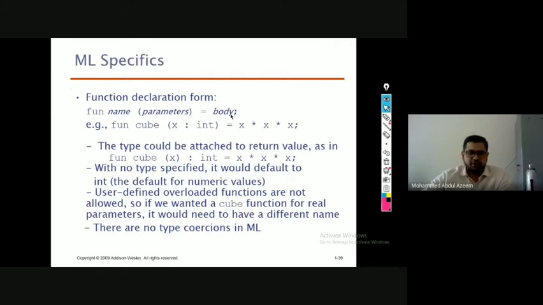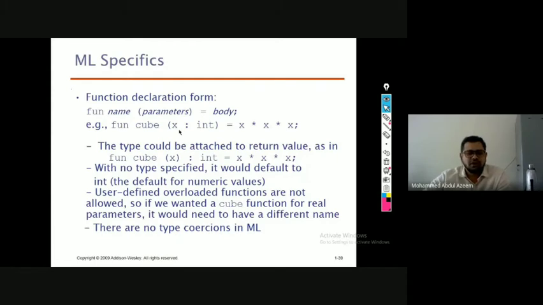Fun followed by cube, followed by the arguments. Let us say x. Here, as I said, it is strongly typed, so you need to mention the type of the variable. Whereas in Scheme, you may have seen that you are not mentioning the type of the variables. The type will be automatically taken care of by the programming language itself based on the values that you pass at compile time.